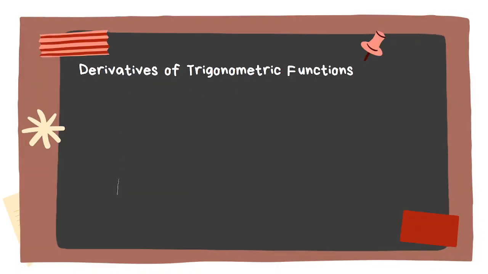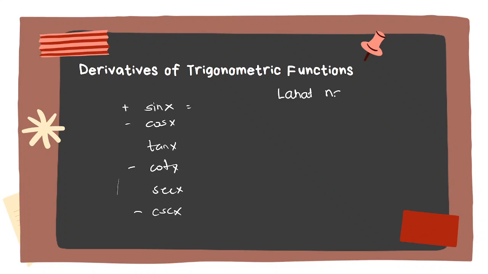Ulit. So, sin x, cos x, tan x, cot x, sec x, ano pa yung isa? Cosecant x. Ano nga ulit yung sign? Positive, negative. Lahat ng may C, negative. So, lahat ng may C,